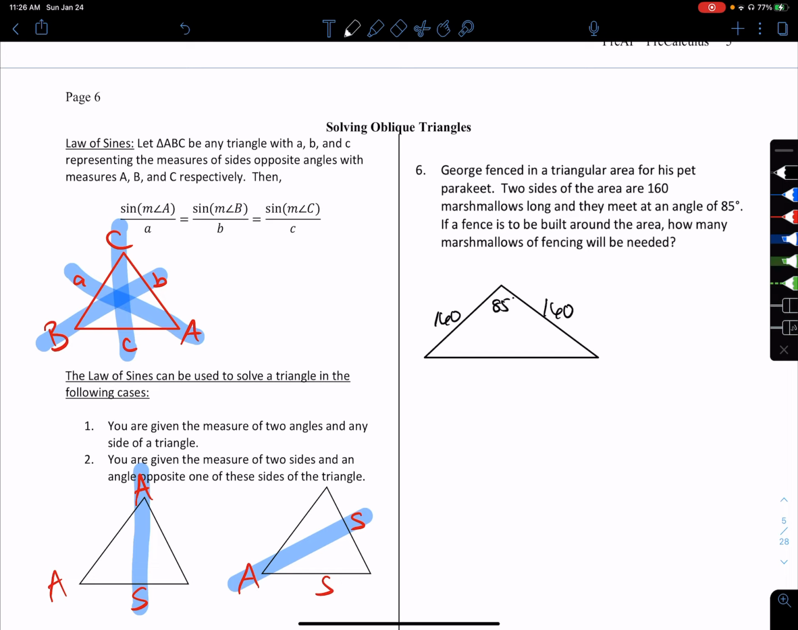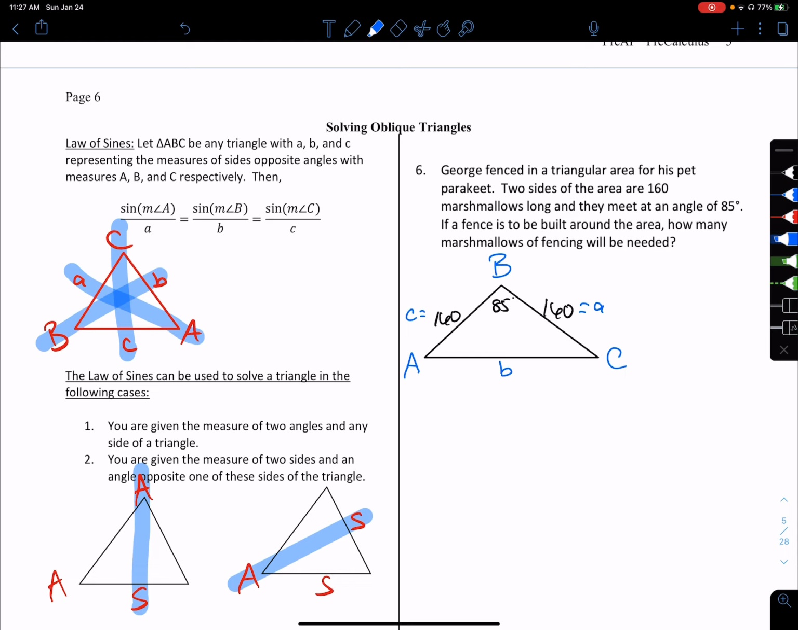How many marshmallows of fencing will be needed? So it's asking for the perimeter. So we have to add up the lengths of all these sides. For giggles, let's just call this angle B and this side b, angle A, side a, angle C and side c. First of all, can we use law of sines for this problem? The answer is yes, because we,